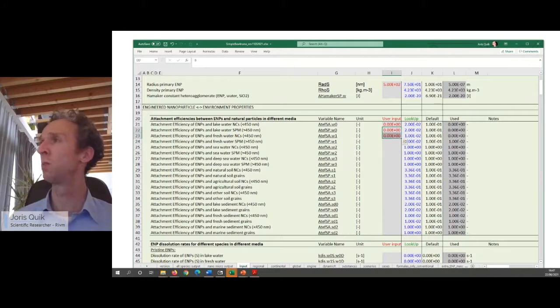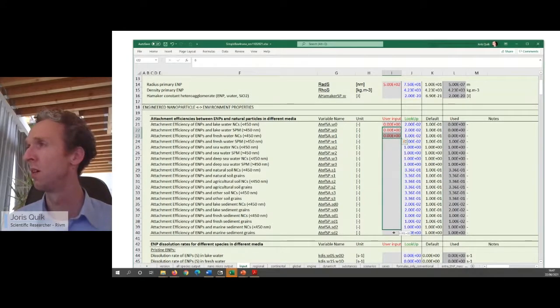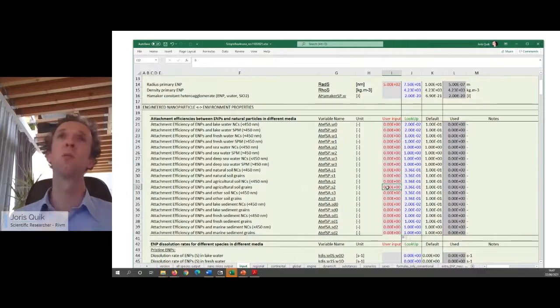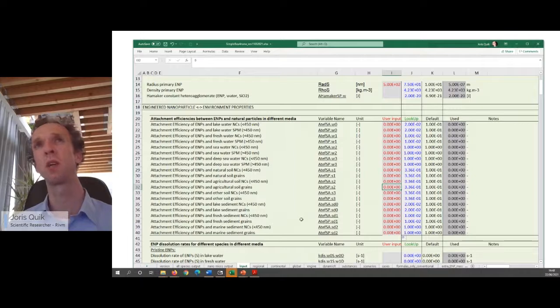I was almost surprised by what happens, but I'll show it to you. You would expect that no large or heteroagglomerates are formed because this prohibits formation of heteroagglomerates. But this is actually only true for the water and soil compartments. In air, the attachment efficiency is not applied because we actually use an aggregation model that is based on